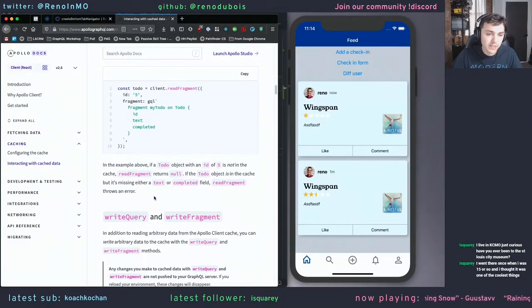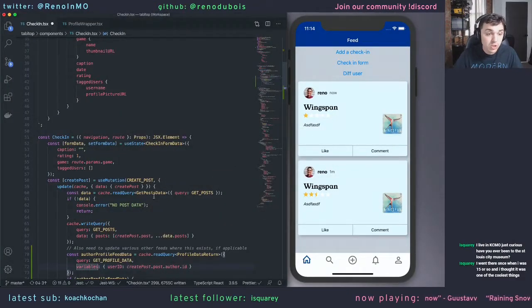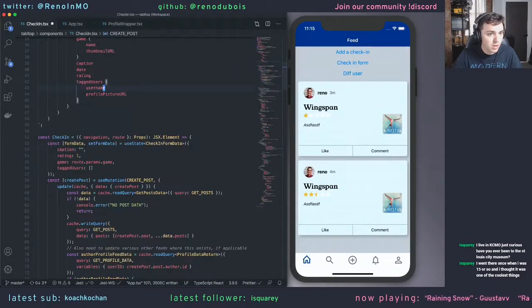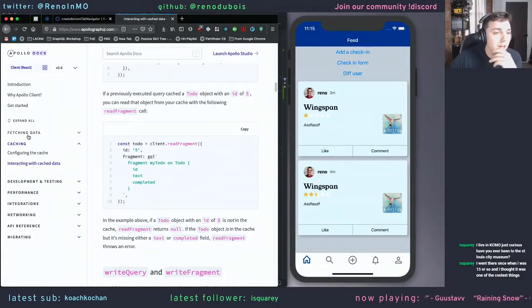I wonder if that's actually an issue. So we could try that. So what it's saying to do is, I believe we have to set up an app.tsx. Yeah, init Apollo client. I guess we could just export this. Well, so this is using a mutate. So here, okay, now let me look at